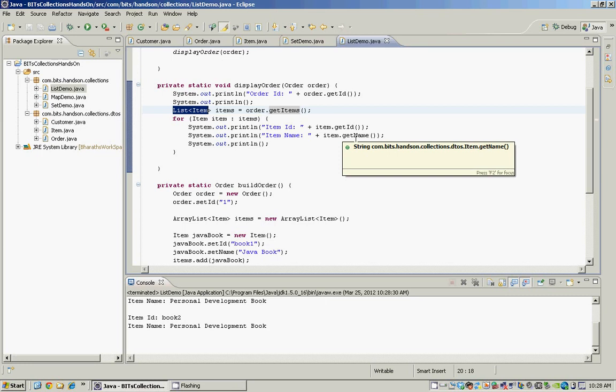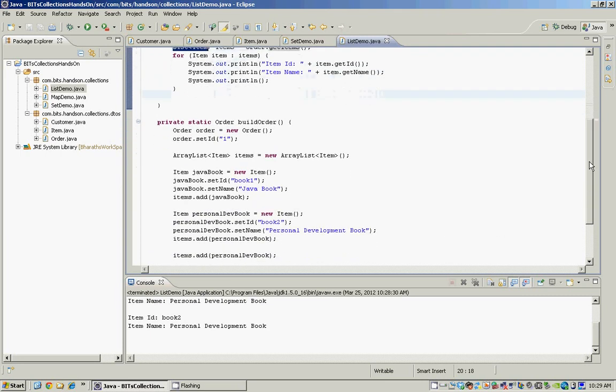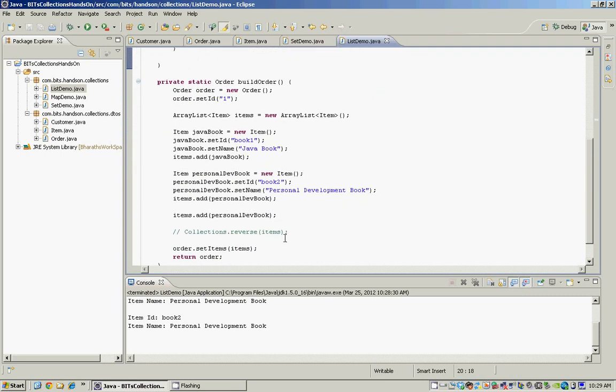In the olden days, like in Java 1.4, we didn't have the for each looping statement, and we had to retrieve the iterator and then typecast each element within the iterator and then display the details. But with Java 1.5, using for each has made it a lot easier to iterate over a collection and then retrieve the details of each object. So that's list.